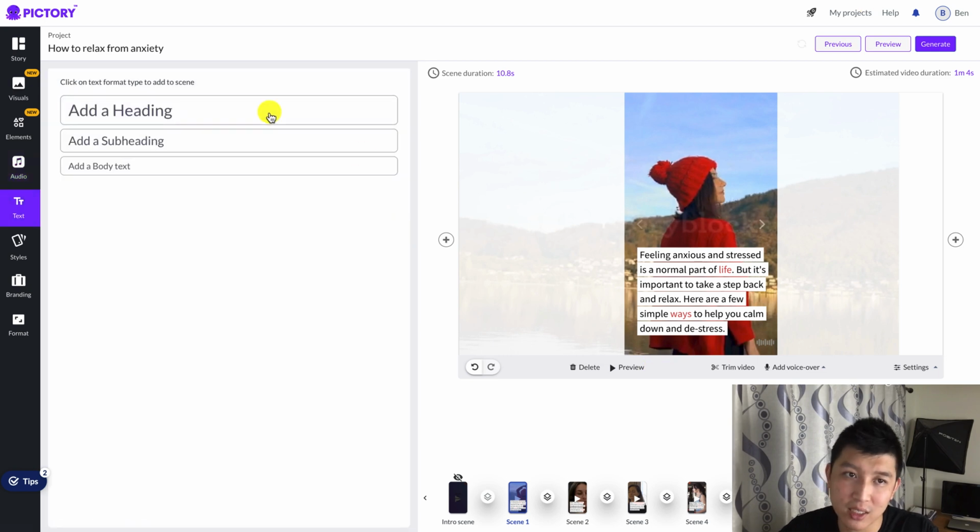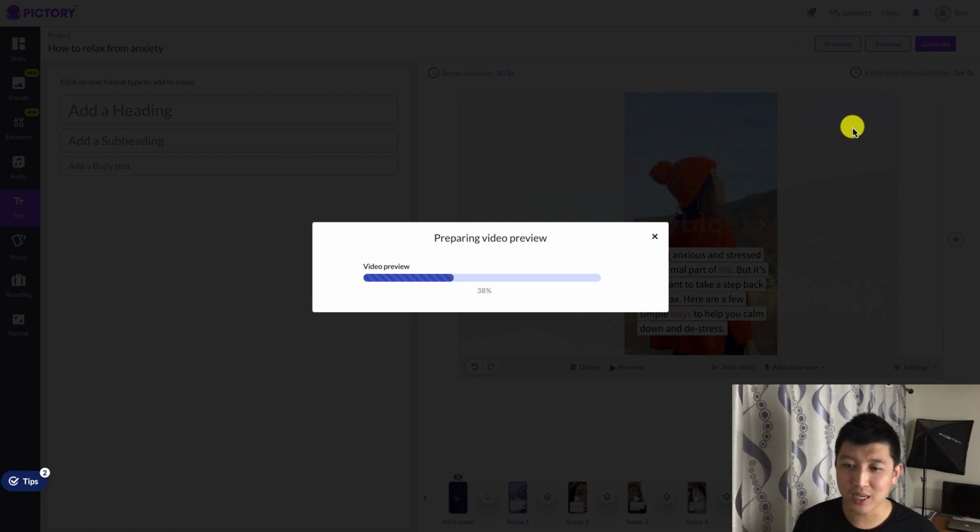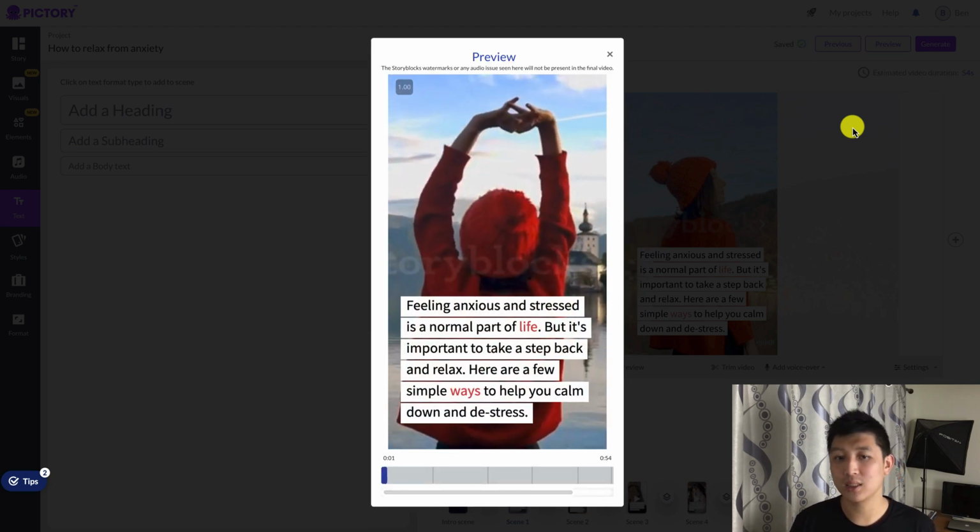Obviously, you could change your text and everything else on here, your style, your branding, your format, if you want to keep it in line with your brand. So I'm gonna just preview all of this. It's fairly simple to use, I want to say. The only thing that I probably didn't do the best is just having